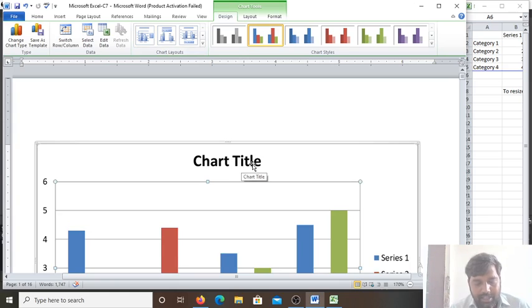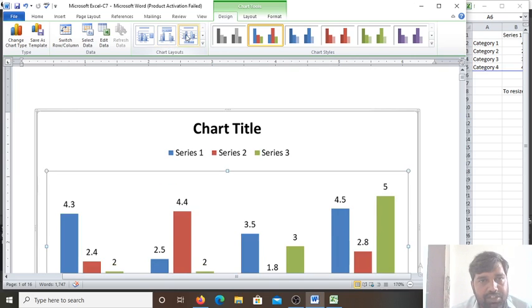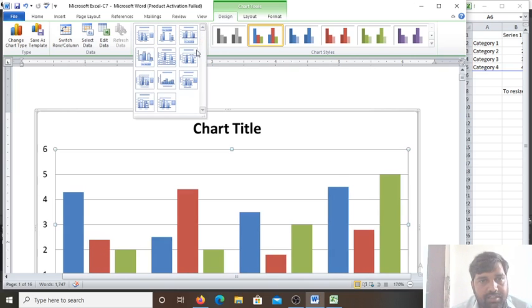Okay, now grid lines. These can be either horizontal or vertical lines depending upon the selected chart type. They extend across the plot area of the chart, and these grid lines make it easier to read and understand the values. So we can also add the grid lines to the chart. This depends upon the different types of the format, which format of the chart you have selected. Okay, layout 9. Many layouts are there, as you can see here.